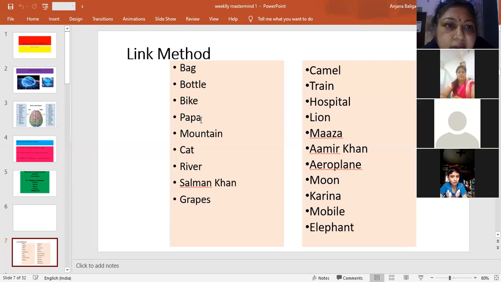The next word is Salman Khan, who is waiting at the river. And he's got a lot of grapes in his hand. Grapes, big grapes, they're the size of the apple. Very unusual grapes. Taste them, they are very sweet. And you tell Salman Khan, thank you for the grapes. You give grapes to